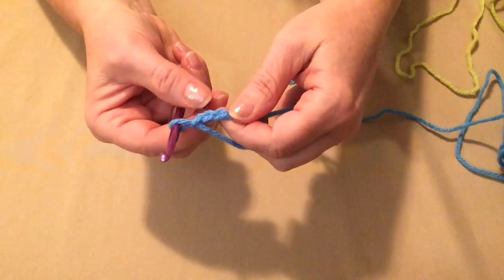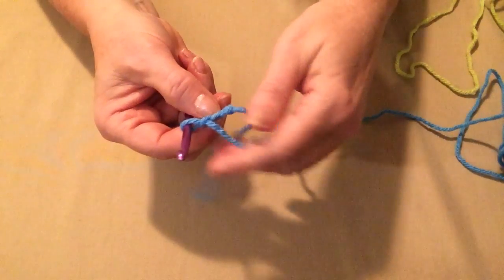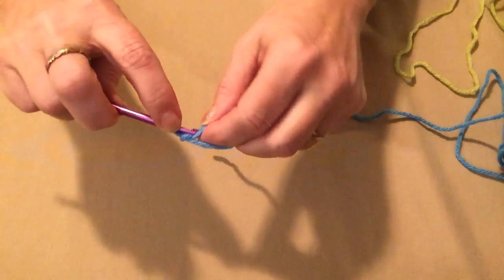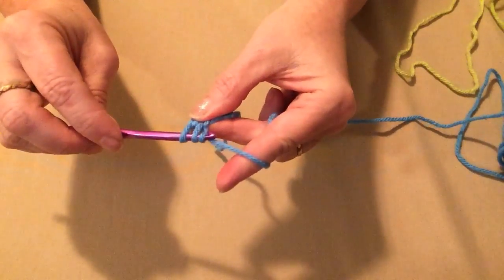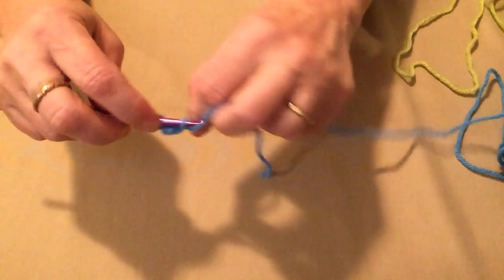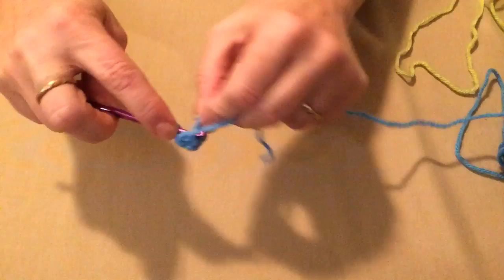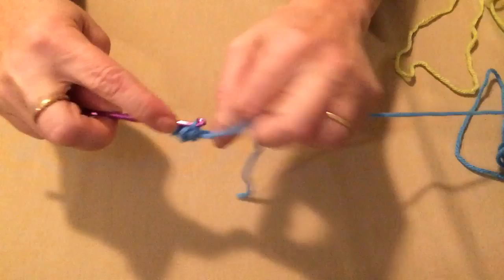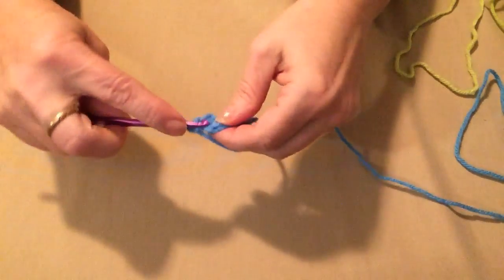We're going to place 6 single crochets in the second chain from the hook. There's the first. We're going to go in the second. Put your hook in, pull up a loop, yarn over, and go through both those loops on your hook. There's 1, 2, 2 more,